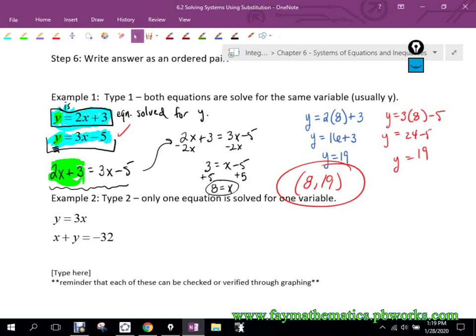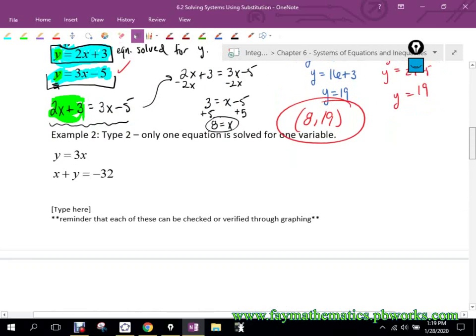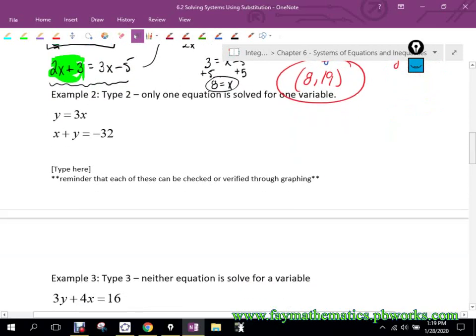So I want to do this next one. It's example 2. We'll see where we get with this. Might be the last one. If not, we'll do one more. We've got y equals 3x and x plus y equals negative 32. If you graph these,